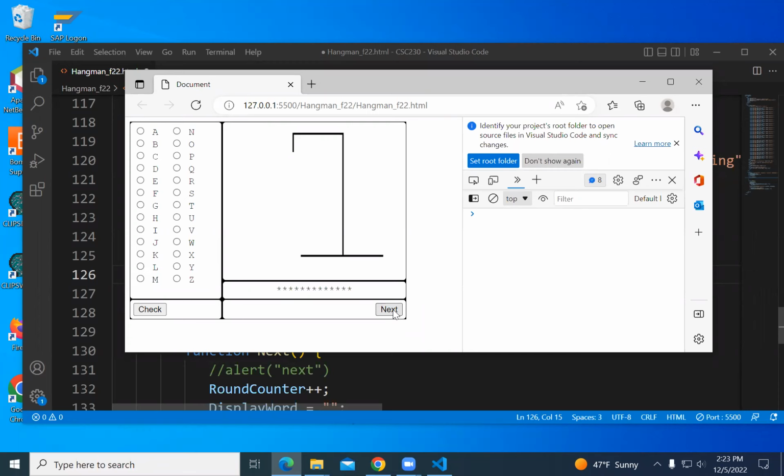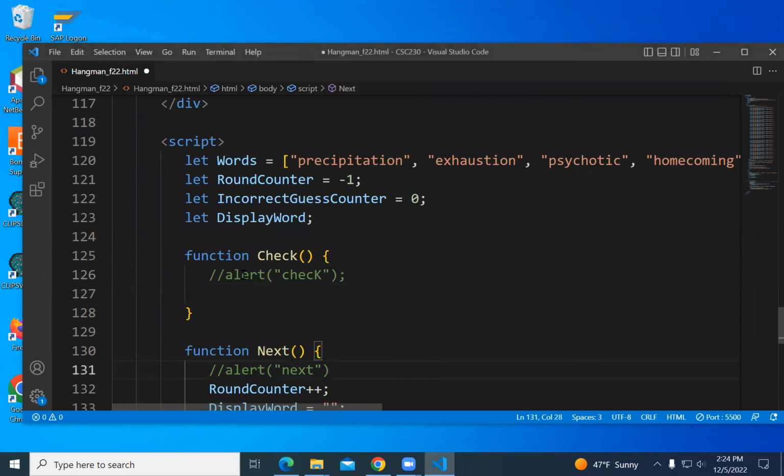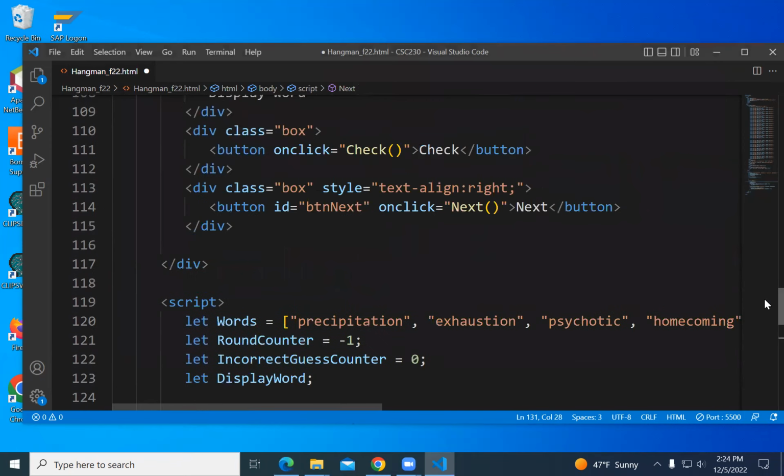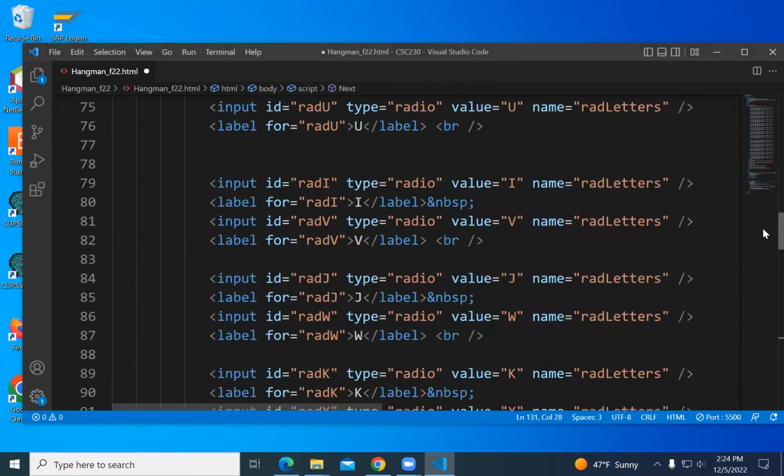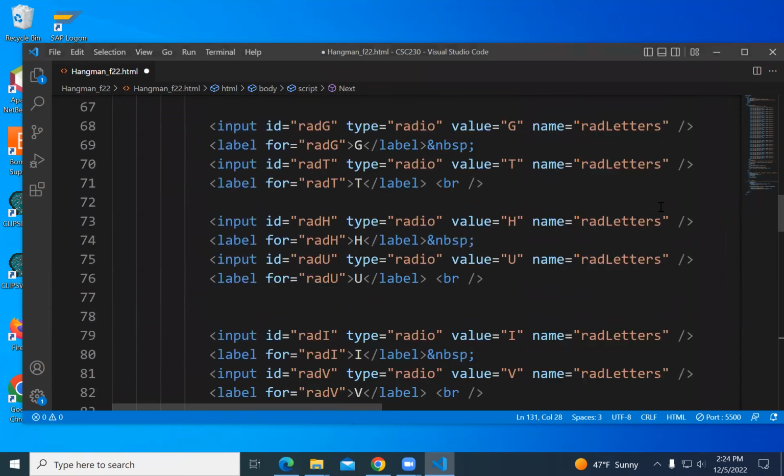Okay. Do we want to do anything when they click on the radio button, or do we just want to wait until they hit check? Just wait. Okay. So now we're in check, and we want to figure out standard radio button stuff. Which radio button did they check? We have a bunch of radio buttons. They all have the same name, rad letters, so they are grouped.